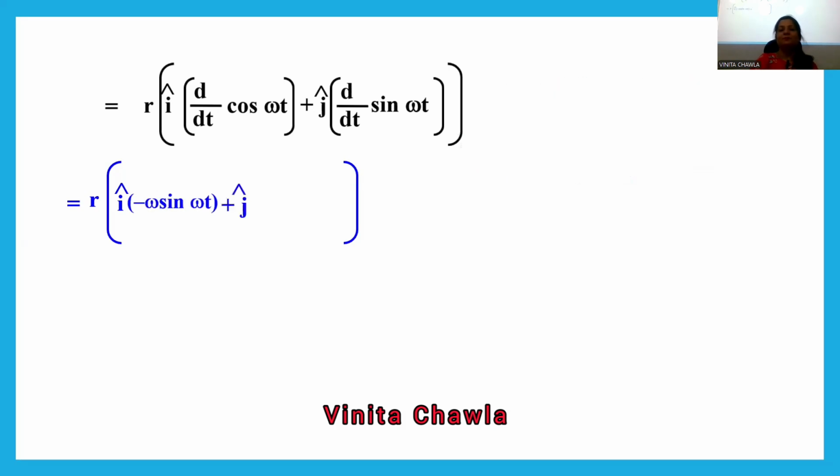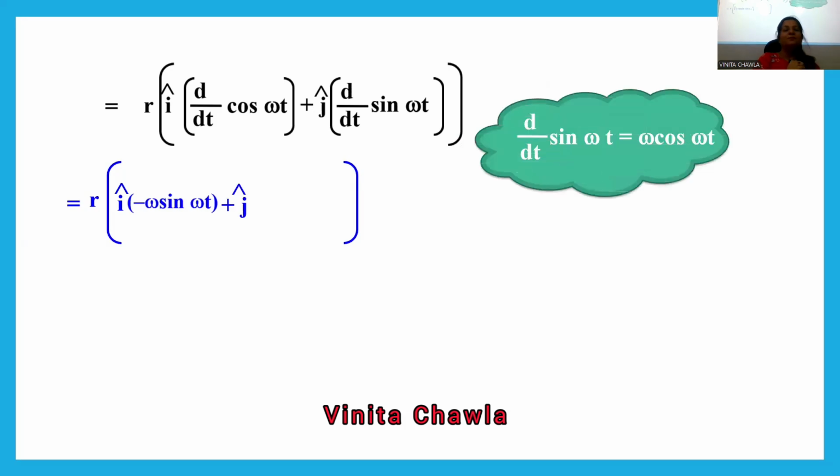ओके, प्लस j cap। Now differentiate sin ωt with respect to t, cos ωt into d by dt of ωt, it's ω cos ωt, okay। This is one of the rules in differentiation। अगर आपको t के रिस्पेक्ट में डिफरेंशिएट करना है और आपके पास कुछ like ωt है, जैसा इस केस में, तो पहले हम देखते हैं बाहर sin है तो sin का cos करते हैं, फिर उसके अंदर क्या है, ωt है, फिर ωt को फर्दर डिफरेंशिएट करते हैं t के रिस्पेक्ट में और ω आ जाएगा। ठीक है, तो ω into cos ωt हो गया,